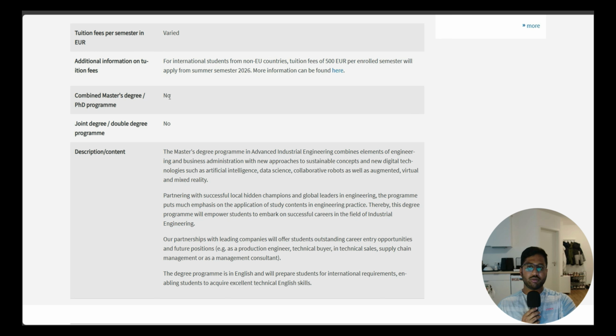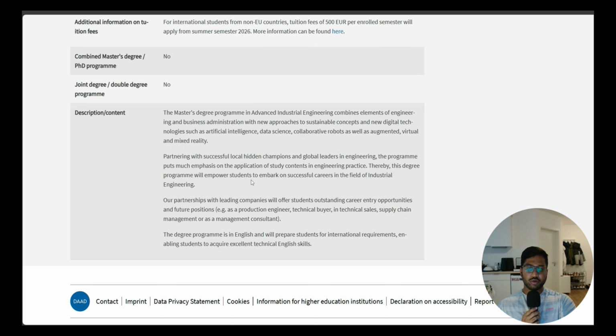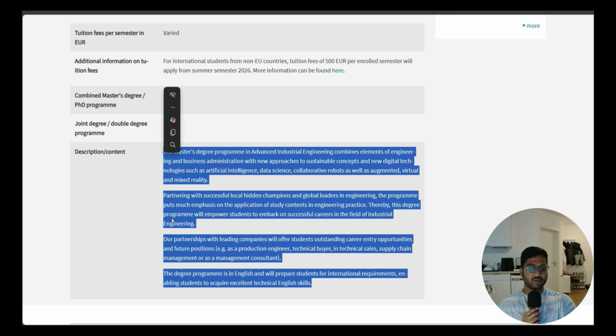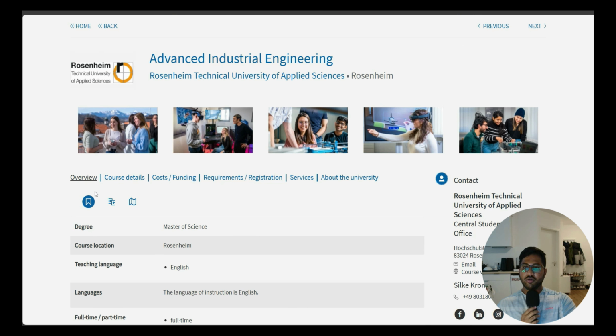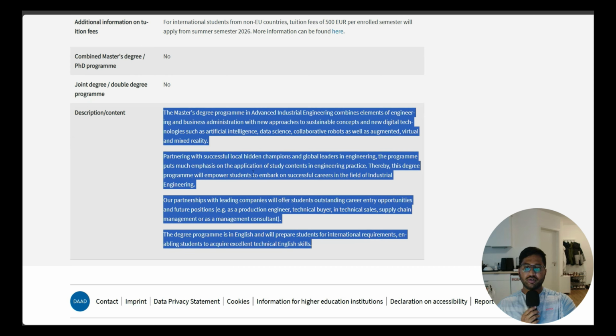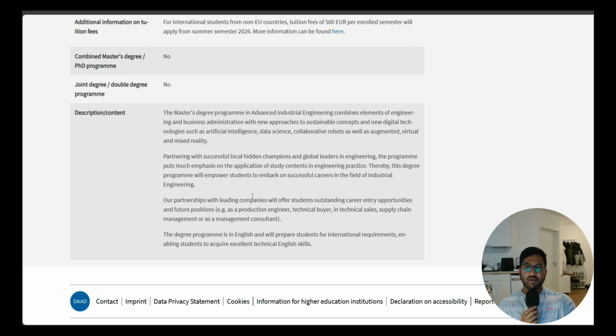Then combined degree program is not possible. Joint degree is also not possible. And this is the description and content. What are the things that they are teaching, why this course is good, and why you have to choose it. But we will get more information in course details, where you will also get the module handbook and all. So they have not specifically mentioned everything. So if you need full information, you can also look at here,